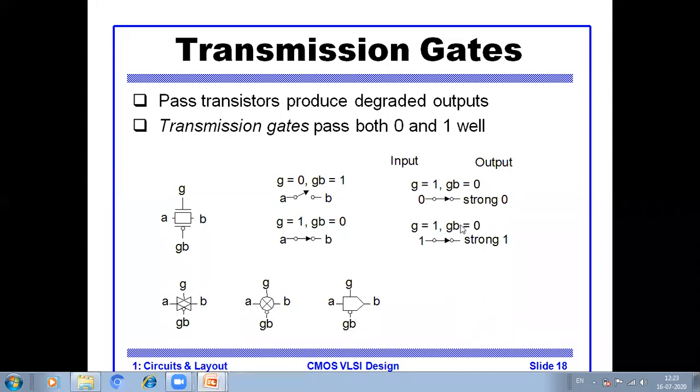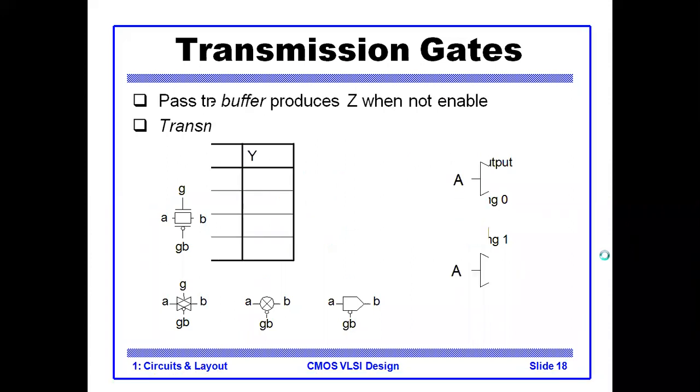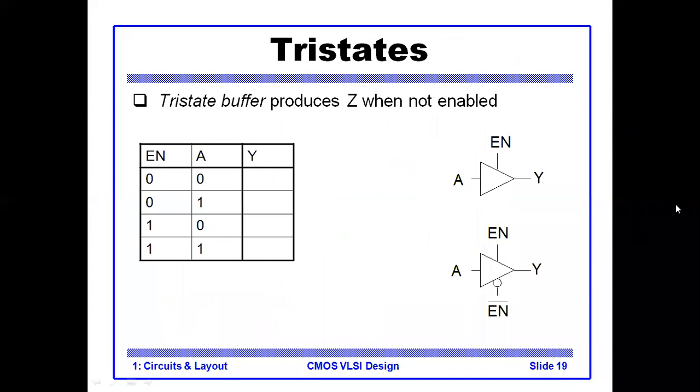And also this is one of the reasons. The second reason is that fewer transistors are required to implement the same logic function with the transmission gate over pass transistors. So that is the second reason. Because of these two reasons, transmission gates are preferred in the VLSI chip. Okay, so in the next slide, we will understand how this works by using the transmission gate.